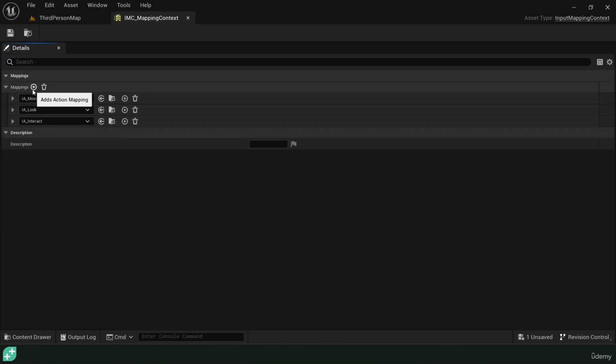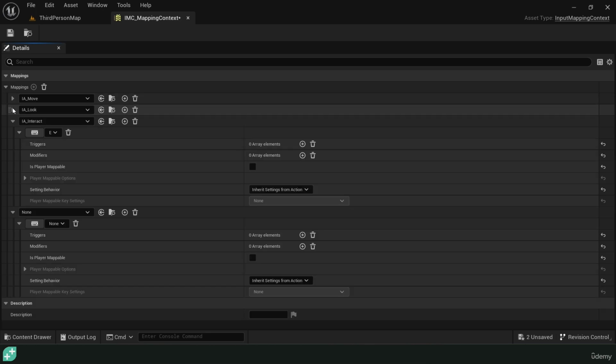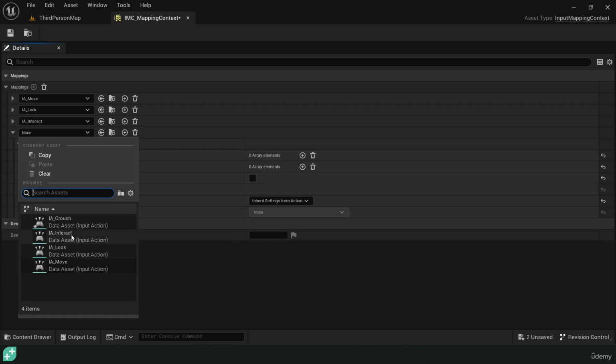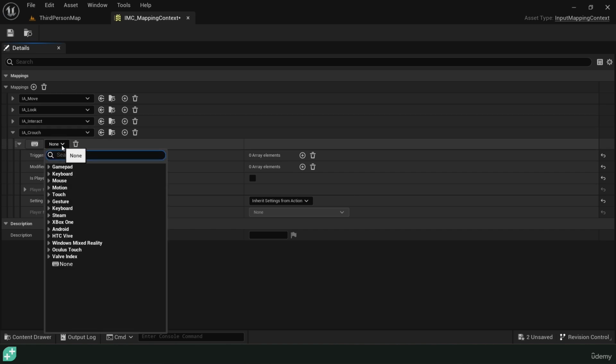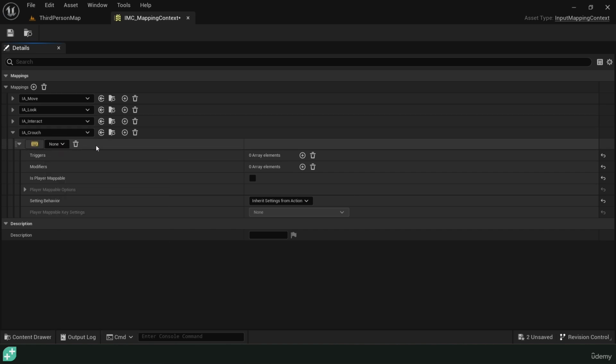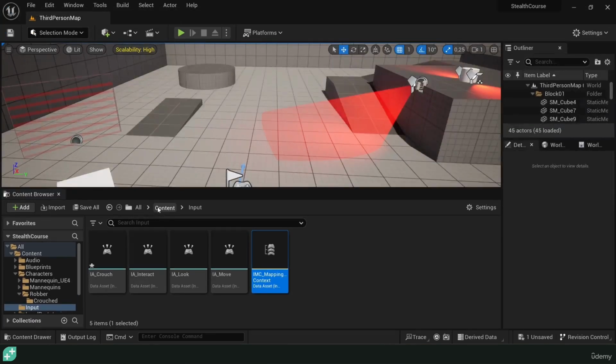So let's go ahead and just add a new action mapping as we did with the other ones. And now this will be our IA crouch. Of course, here we have to assign a key, so we can search it. You just press this button and then press a key on a keyboard. In this case, I am going to do Control, but of course you can choose whatever key you want. And that's it. We just need to save it, close it. Now let's go into our